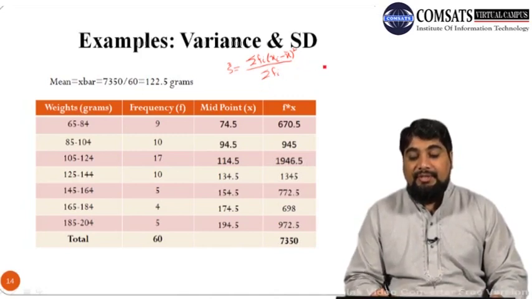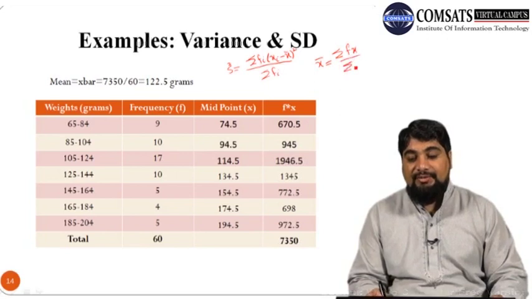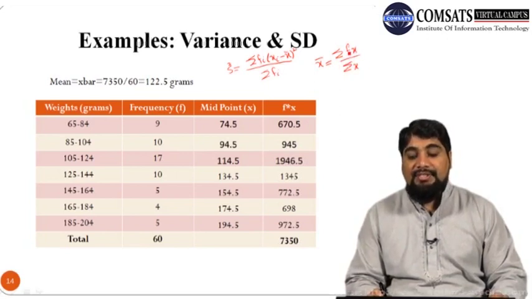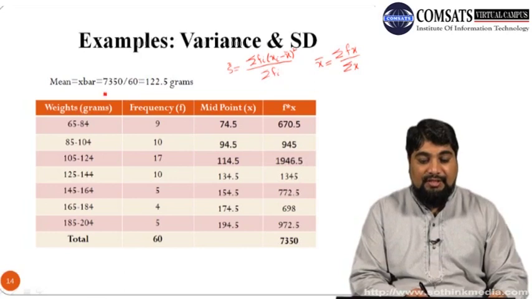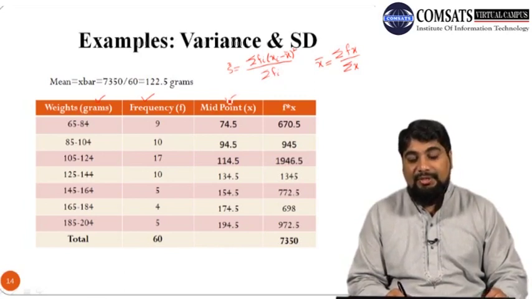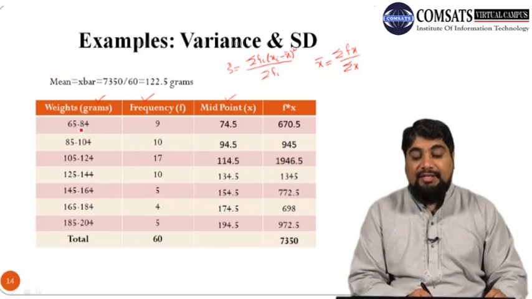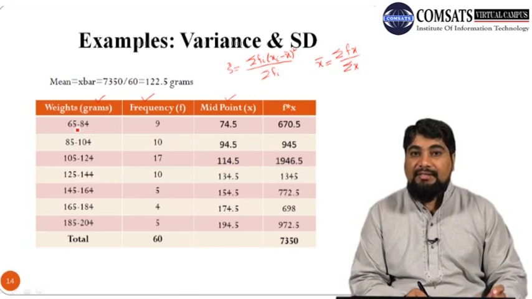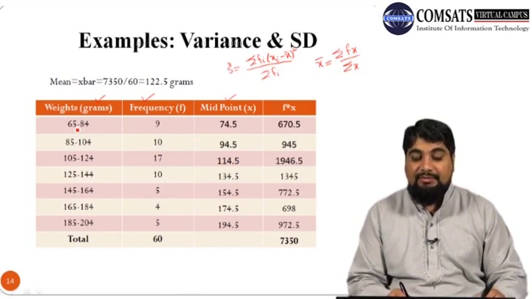So in order to calculate this formula, note that x bar, in case of grouped data, is summation fx over summation f, where f is the frequency and x's are the midpoints. So here the first two columns are our main frequency distribution. So first we need to calculate x, which is the class mark or the midpoint, and we know that it is calculated by adding the lower limit with the upper limit. So 65 plus 84, and then dividing this sum by 2, so we get 74.5.